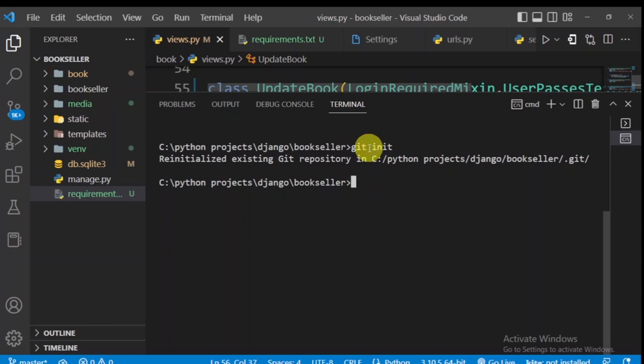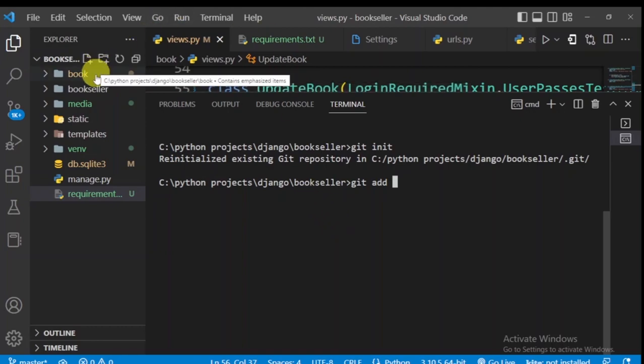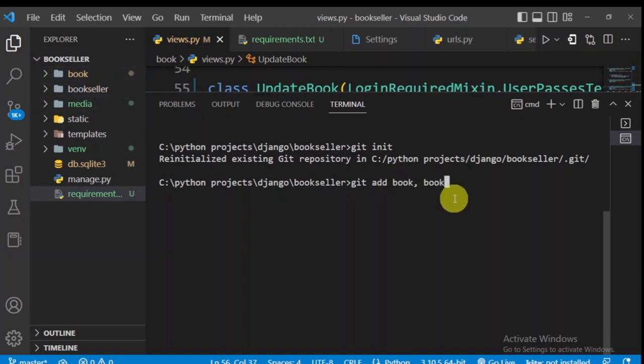So after initializing a folder as a repository, the next step will be adding the files to that Git repository. So how do you do that? I say git add, right? After git add, you have to enter the files or folders that you want to add. So already here we have bookseller, we have media. So you can say git add bookseller media,